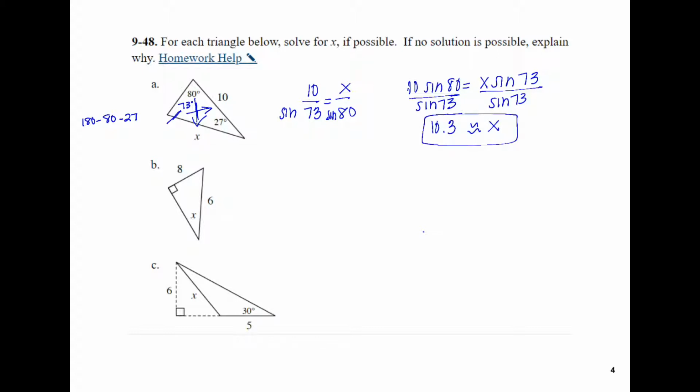10.3. Looking at question B, we are dealing with a right triangle. In accordance to that right triangle, this is my opposite leg. This is my hypotenuse. So sine deals with opposite over hypotenuse. So I'm looking for the sine of angle x. It's equal to my opposite side over my hypotenuse. I'm looking for the angle. So the inverse of sine is inverse sine of 8 over my hypotenuse, which is 6, will give me that